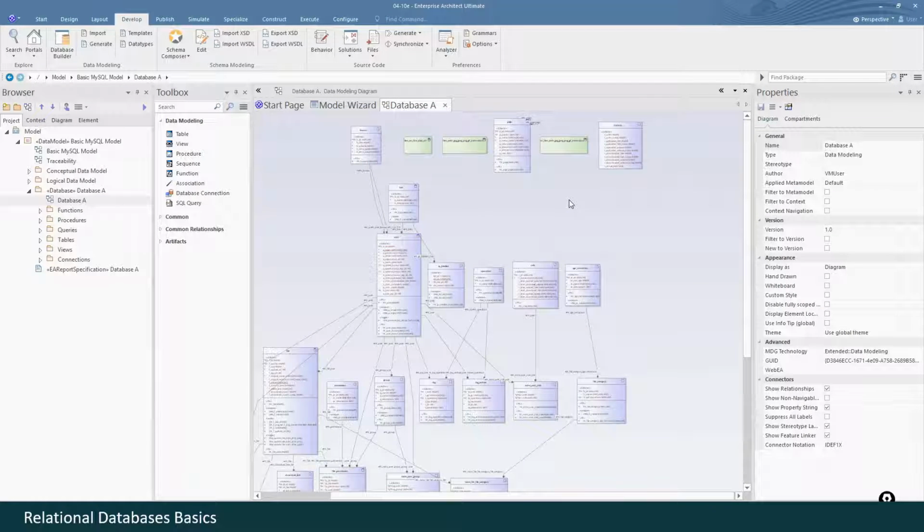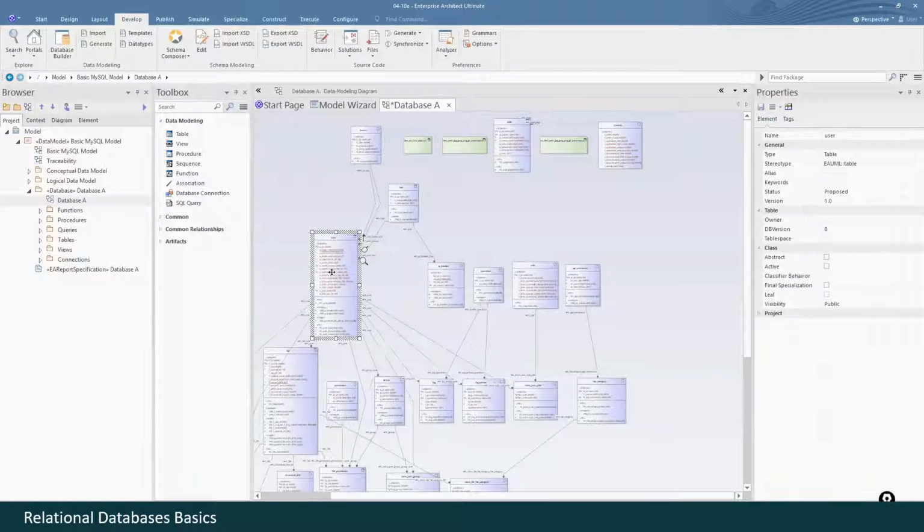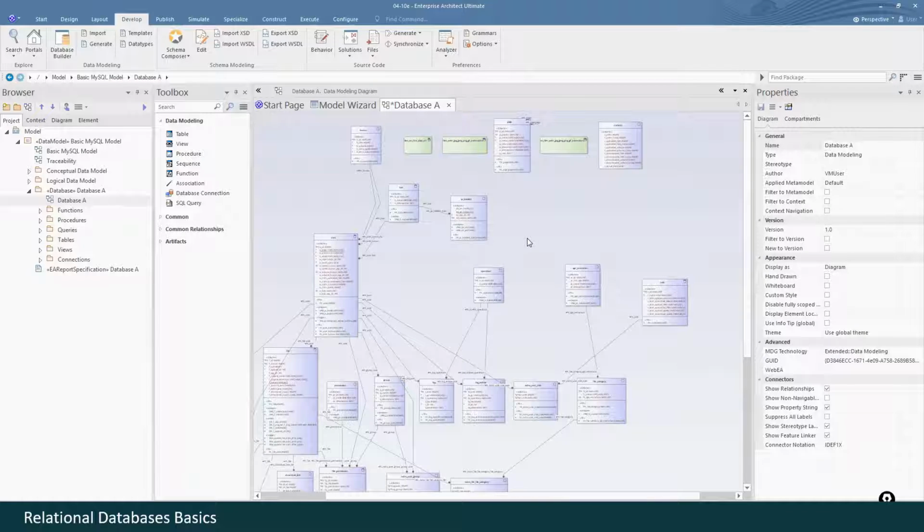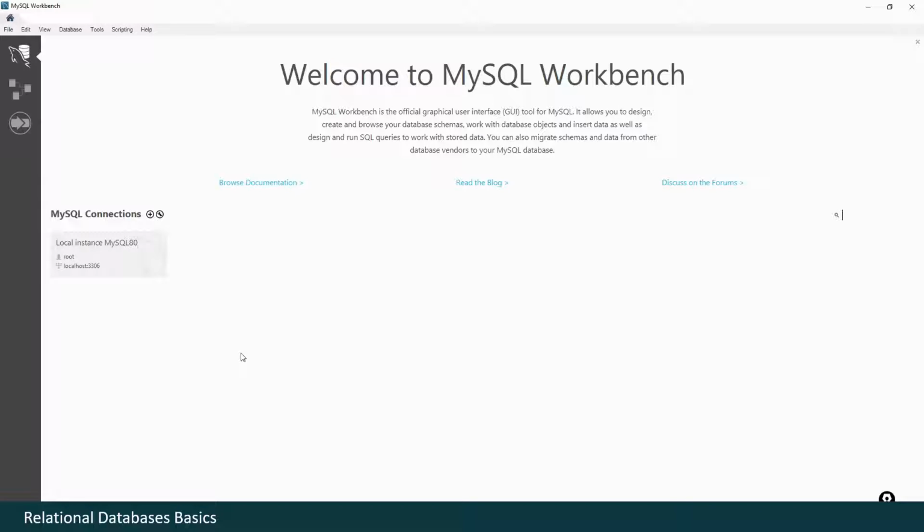Here is our database. Here we can see it. Here we can arrange tables and so on and so on. And that's all. The data was retrieved successfully. Now we only have to work with this data. And we may achieve the same result with MySQL Workbench.